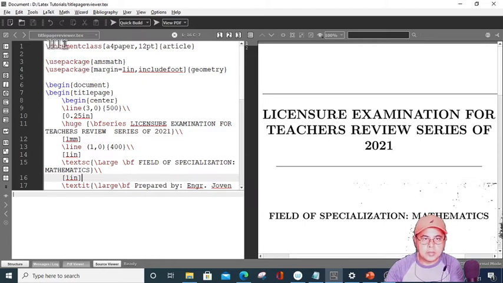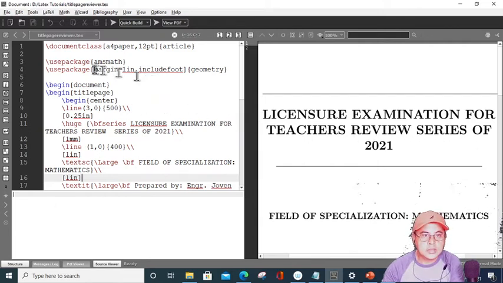Okay, now in the preamble, the first thing that I did in this code is prepare the title page. If you notice on my right side, it's already showing the output of my code on the left, which is